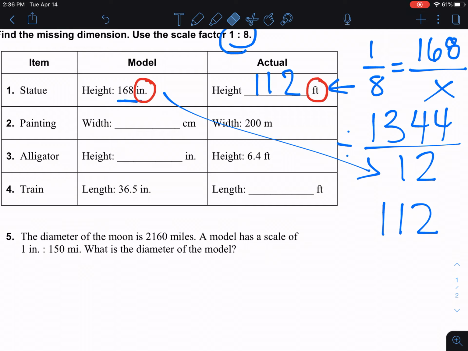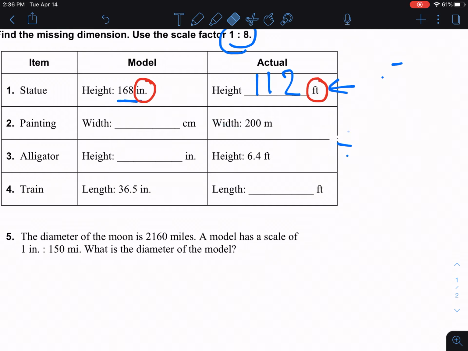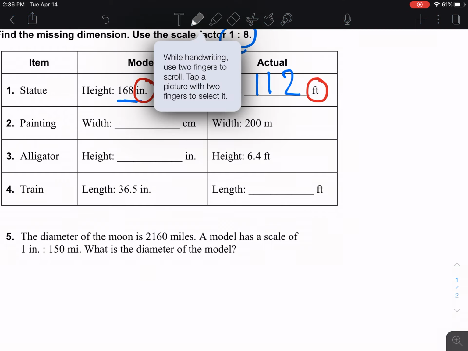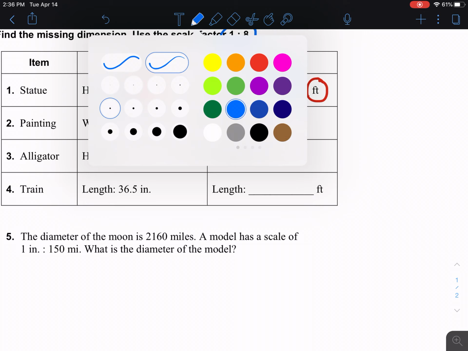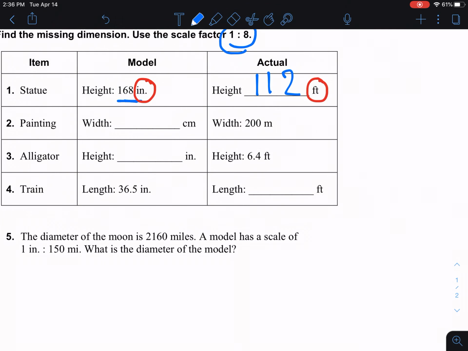Let's do one more of these. How about this one here? Similar example, we're going to look at the train here. So my scale factor is 1 to 8. I am going to be writing in the number that I have on the top, 36.5. This again is in inches. So I would be doing